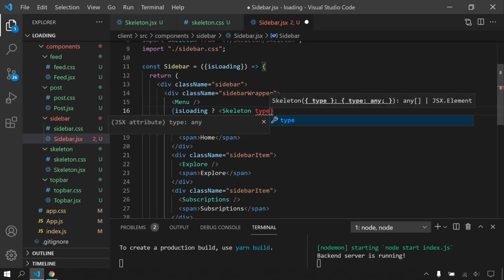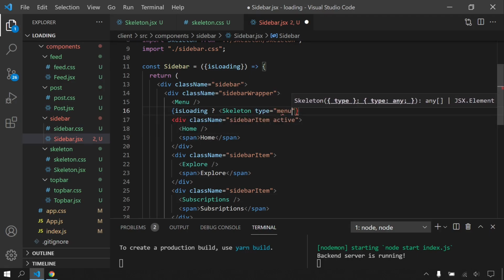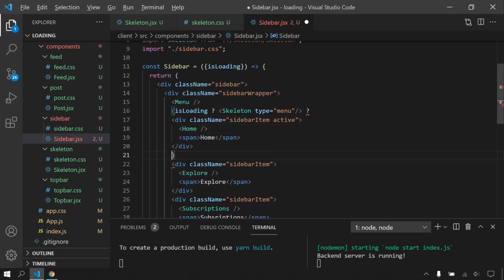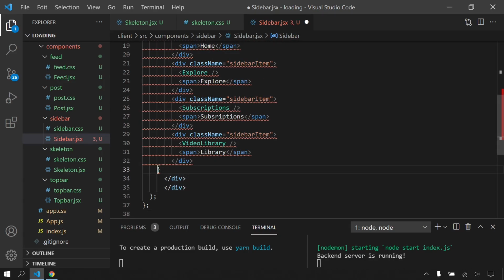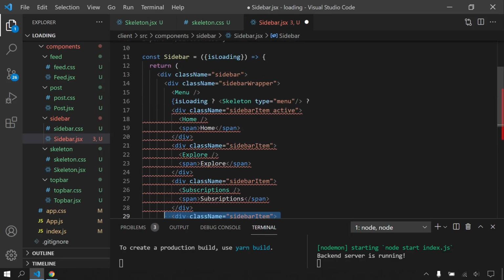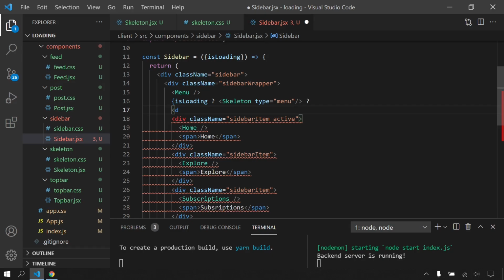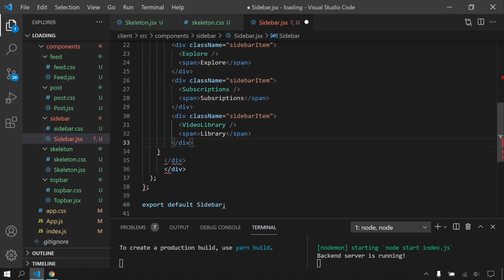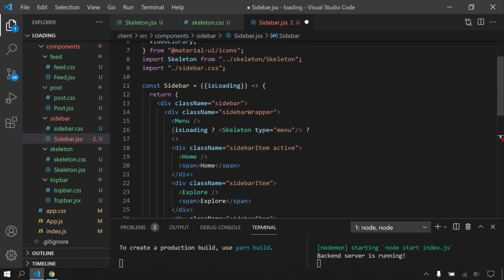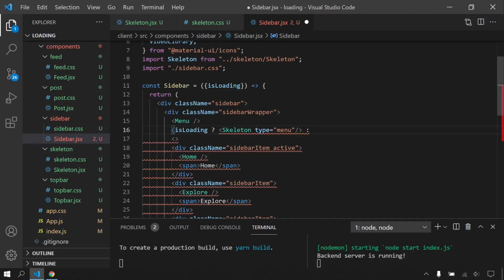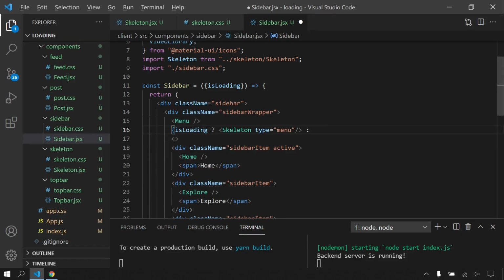And type will be, let's say, menu. I will close, and if it's not loading, I can call other divs here. But as you can see, we have warning because this sidebar item doesn't have any parent here. So you can use div here as parent, or you can use React fragments. Let's do that. I will close here, and it's not question mark, it's gonna be colon, and perfect.